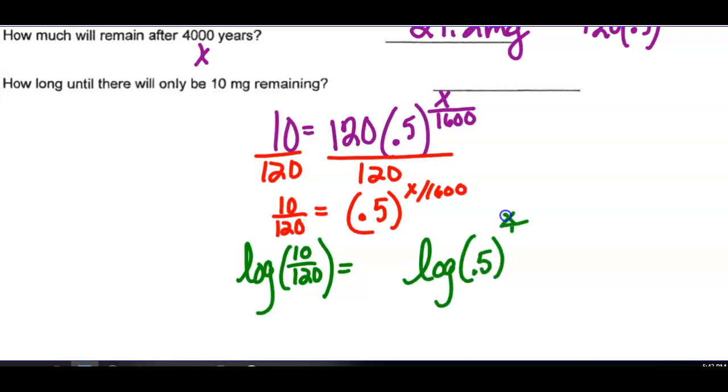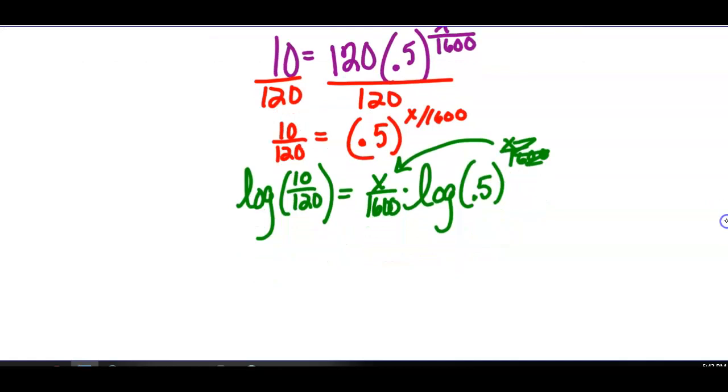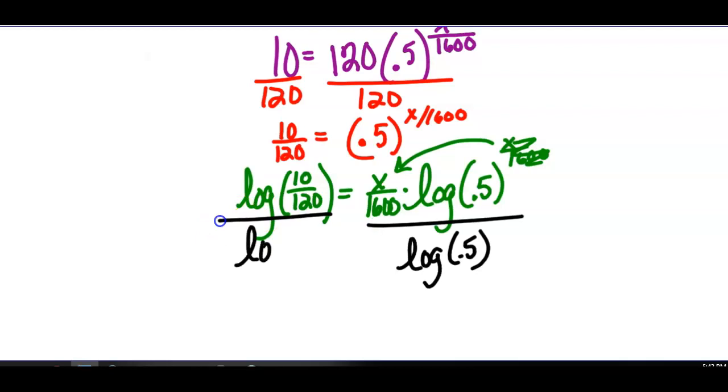But remember that x over 1600 can come down out in front here. Now, the difference on this problem, once we bring it down there, you can't cross this out. The log of 0.5 does not go away. So you can do this however you want. You could do a bunch of typing now and then just solve for x. I usually don't pick up my calculator until I have to. If I divide both sides by the log of 0.5, then I will have x over 1600